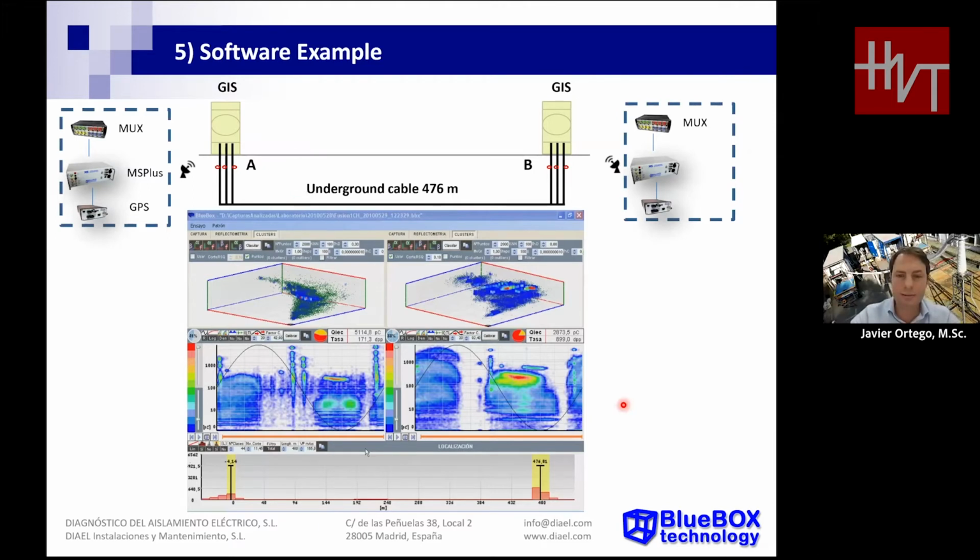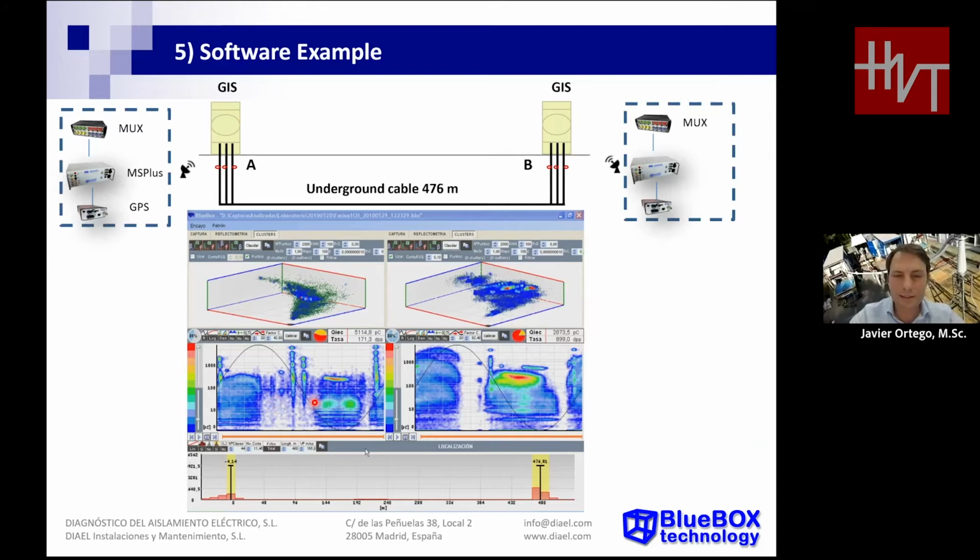Here we will see PD information that has been collected by two sensors. On the left we have the PD collected by the sensor in substation A, and on the right we have the PD collected by the sensor at substation B. These sensors are synchronized by GPS in different substations, and the PD data looks very similar, but with this synchronized data, we will be able to apply these interesting tools.